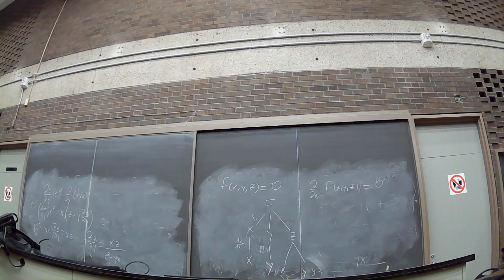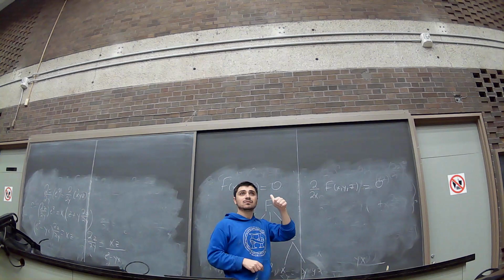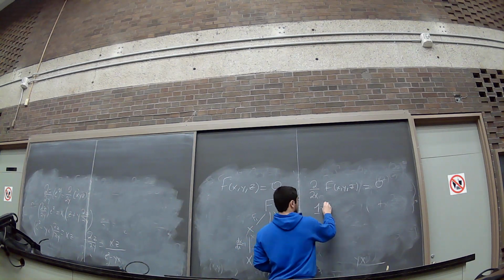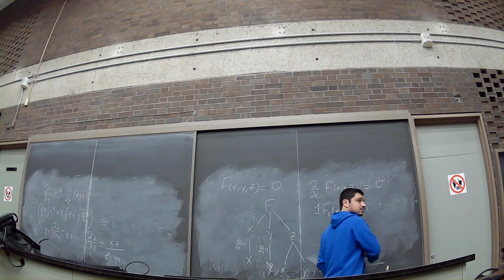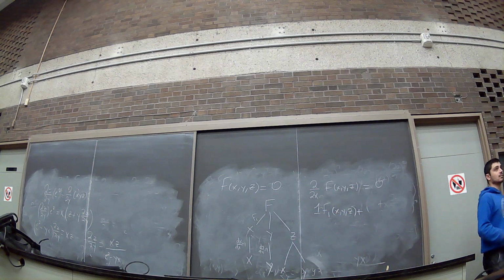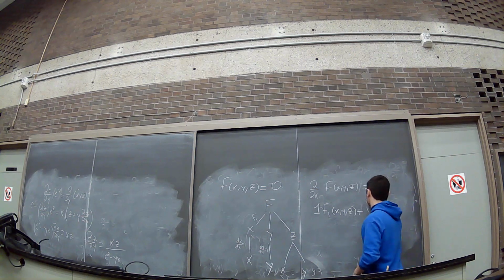Please raise your hand if you wish to answer. Yes? This is the derivative of x times the derivative of the whole function with respect to x. Exactly, with respect to the first argument, very good. What's the derivative of x with respect to x? 1. Very good. 1 times F1(x, y, z) plus the derivative of z with respect to x